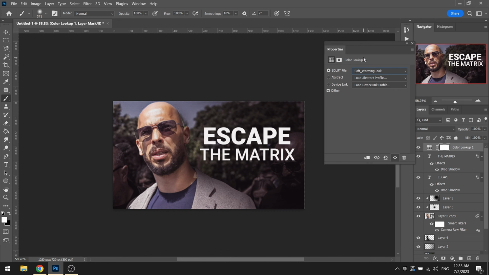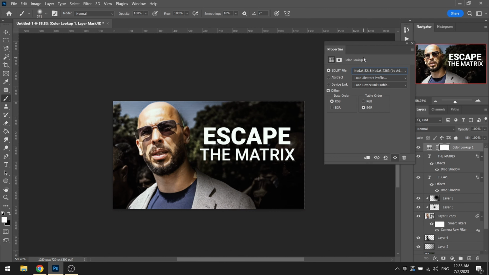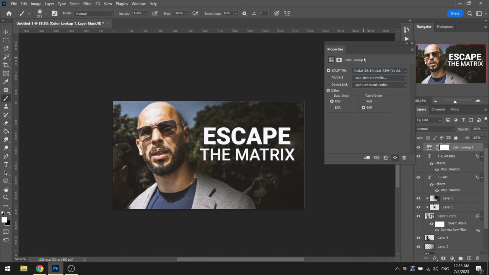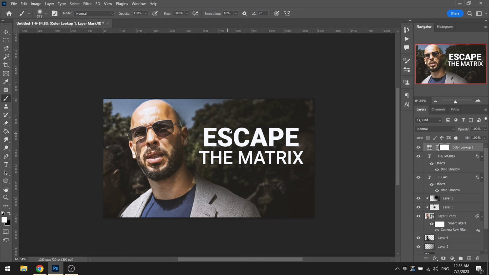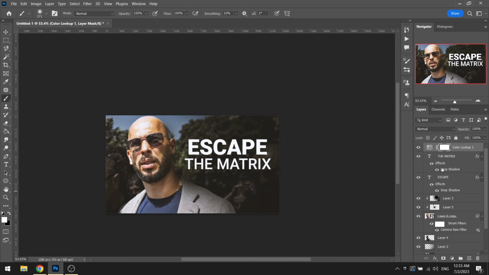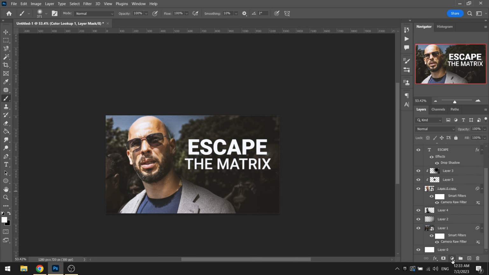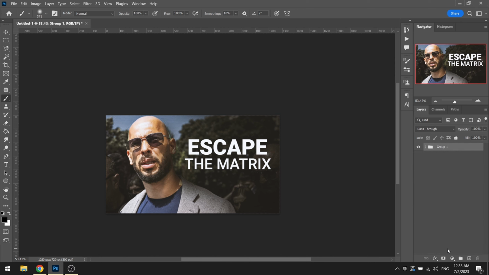There are all sorts of looks, so you can choose any that you like. I'm just going to go for the Kodak 5218 because I like the whole look that this has just got. The next thing I'm going to do is I'm going to select all the layers, group them up, duplicate the layer,